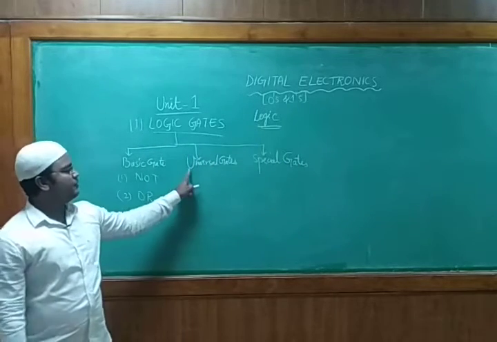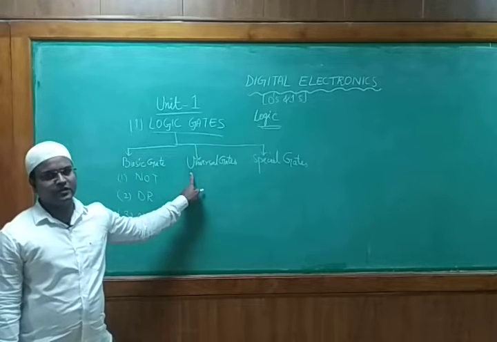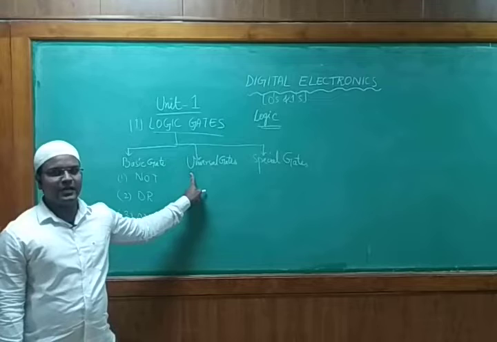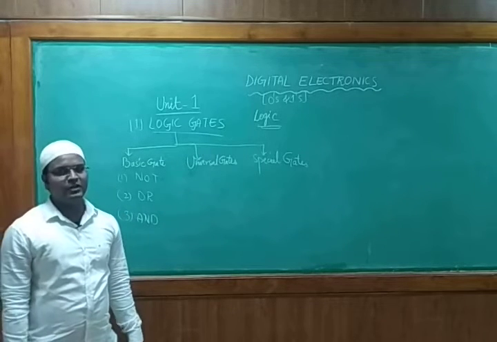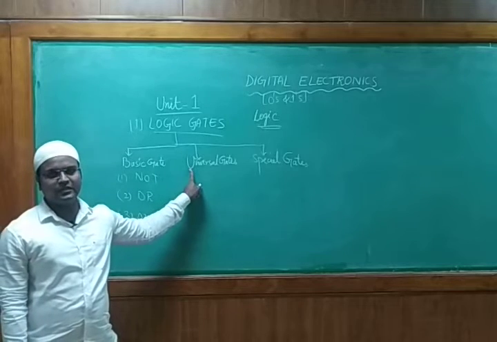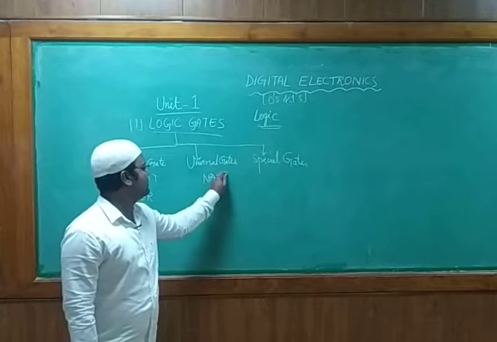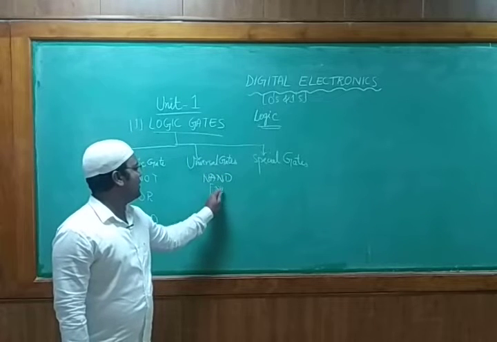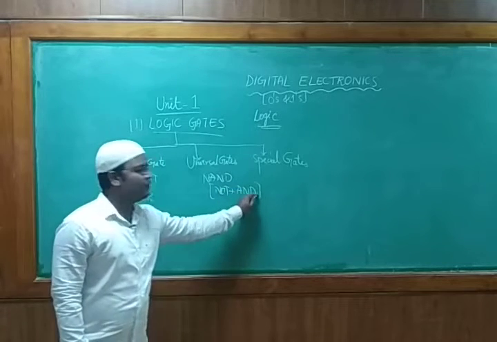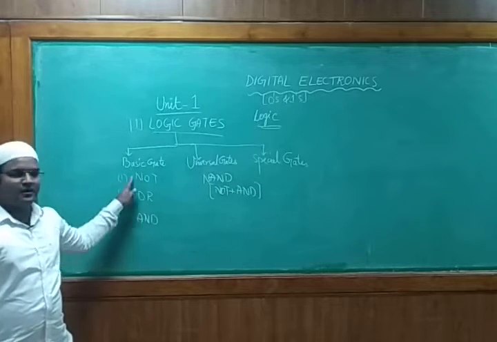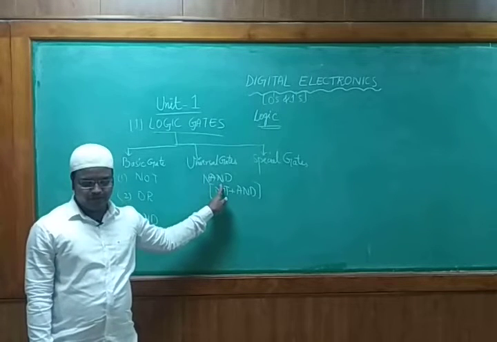Now coming back to the topic of universal gates. What's the meaning of universal gates? They are the gates which are widely used to design any particular circuitry in a very compact design. The design needs to be very compact, and for that purpose we are considering the universal gates. In the universal gates, we have the NAND gate, which is a combination of NOT plus AND. That means we take the NOT gate and the AND gate, combine both, and design the universal gate called the NAND gate.